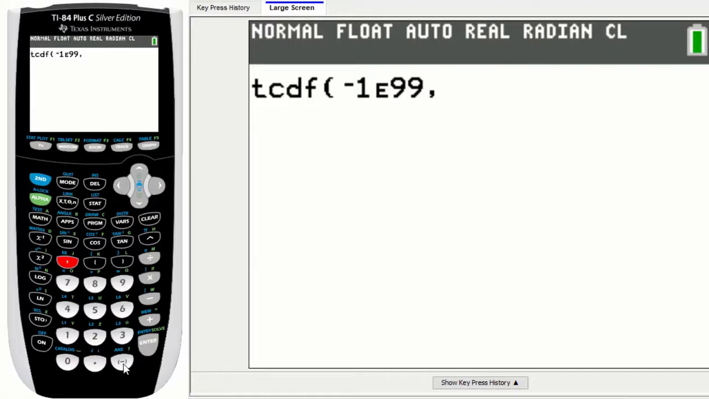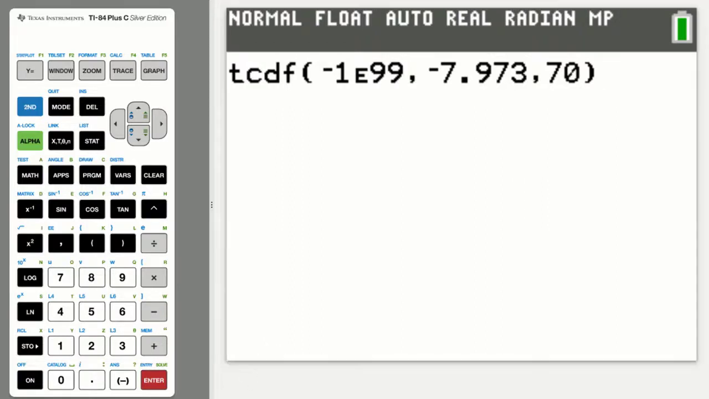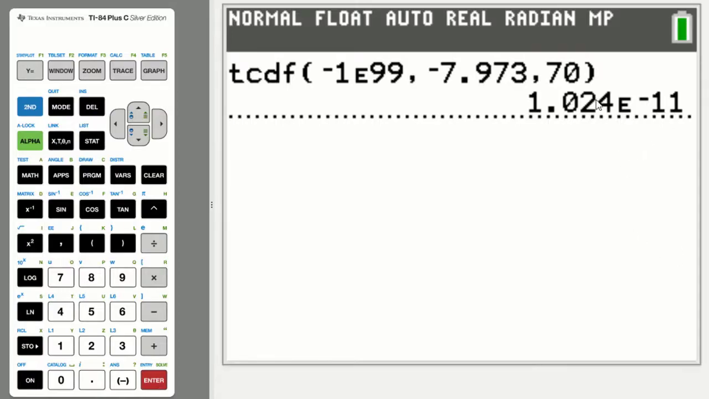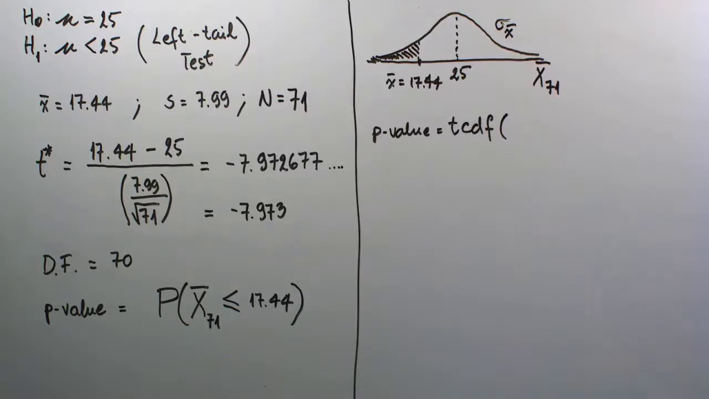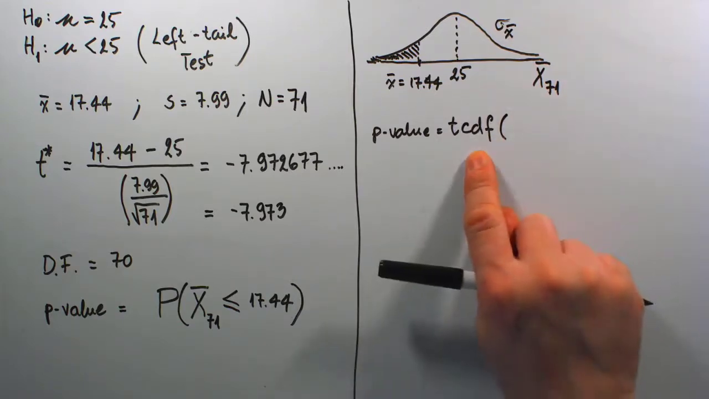And so now I'm going to have to enter -7.973. And then with another comma, and then the degrees of freedom. And now we're going to close the command. And now, back to my calculator that I'm using more regularly, we're going to hit enter. So now recapping what we saw here, anytime you are running a tCDF command, either on the TI 83 or 84 or on similar